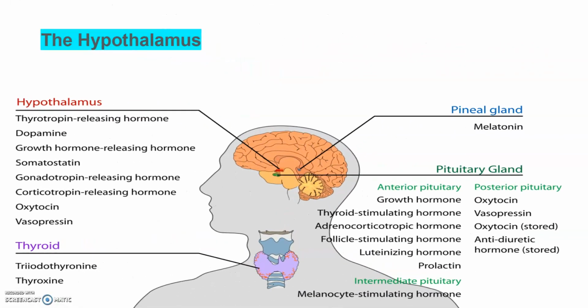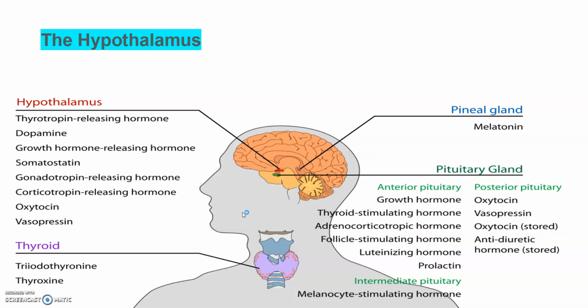So let's talk about the hypothalamus first. The hypothalamus is the basal part of the diencephalon. The diencephalon is a part of the forebrain, and it regulates a wide range of functions of the body. It contains several groups of neurosecretory cells called nuclei, which produce hormones. These hormones regulate the synthesis and secretion of the pituitary hormones. You can see the location of the pituitary gland here, which releases a number of hormones which further stimulate the other endocrine glands to release their hormones.